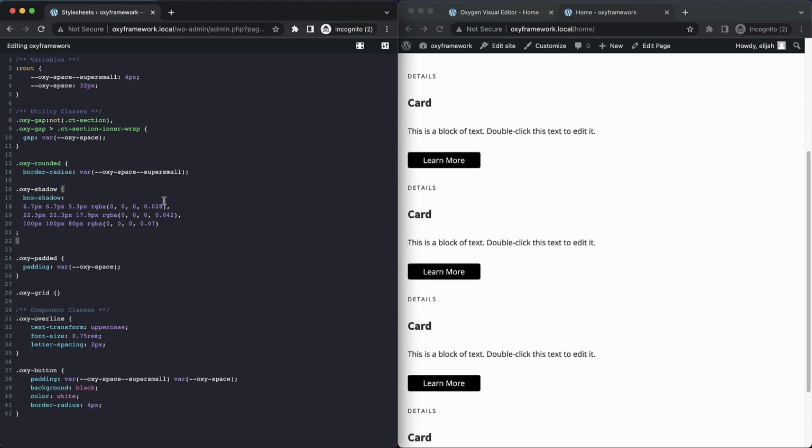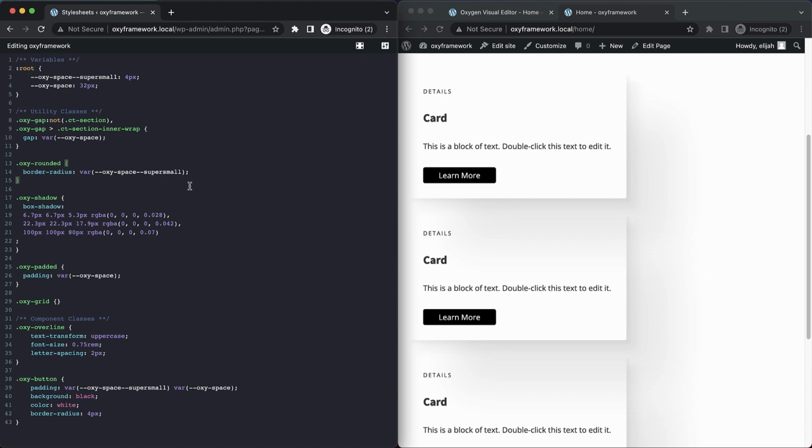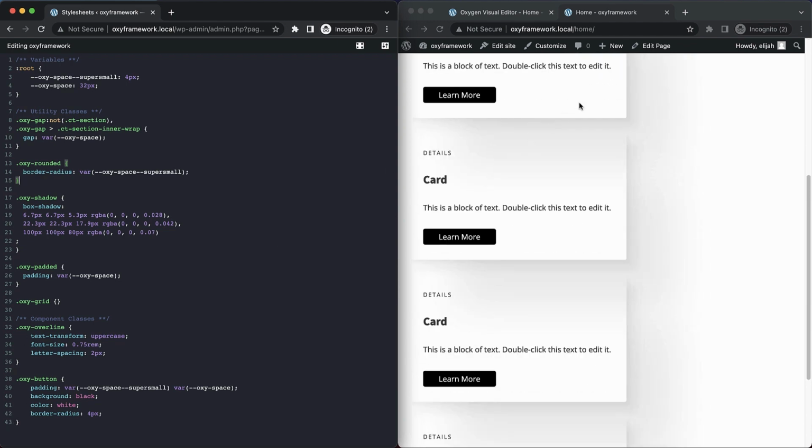And you can see here, I have an error in my CSS. That's just a missing curly brace here. So I'm going to drop that in and resave. So now you can see we have basically a card layout with just a few utility classes. And our whole CSS file is still only 43 lines, and we have both the hero section and this card